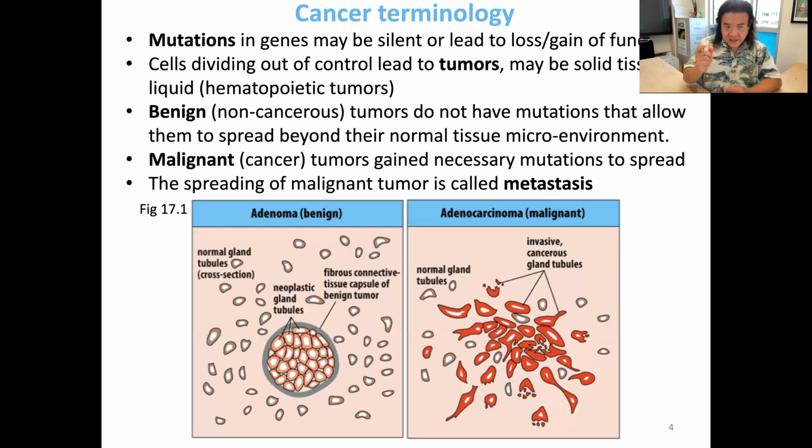So the tumors themselves can either be benign, which we would say is non-cancerous. So just because you have a tumor, that does not mean you have cancer. That's a very important distinction. For example, it is quite common in people as you get older to have things like polyps, right, in the lining of your, let's say, your colon, right, your large intestine. And these polyps are small little tumors, but it does not necessarily mean that they are disease, right? These are just cells that have lost a bit of control over division, but they're still somewhat limited there, right? A lot of times, if you have certain types of